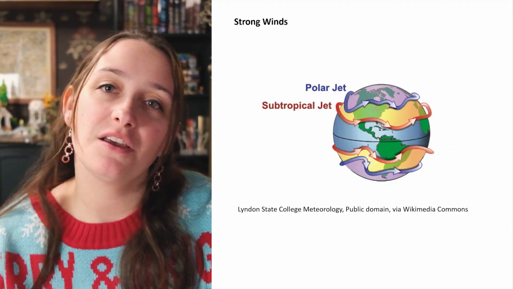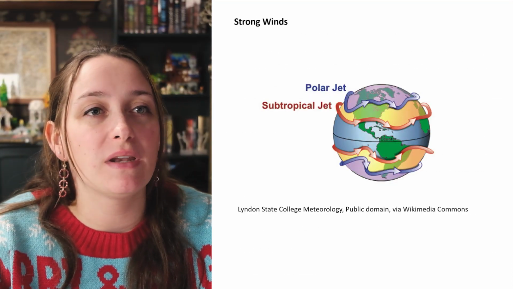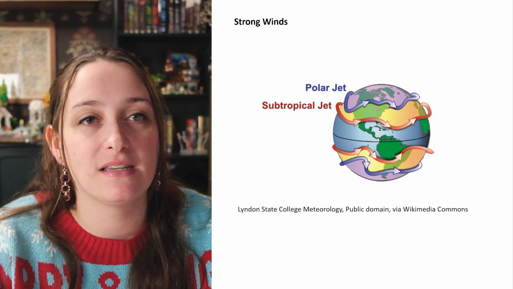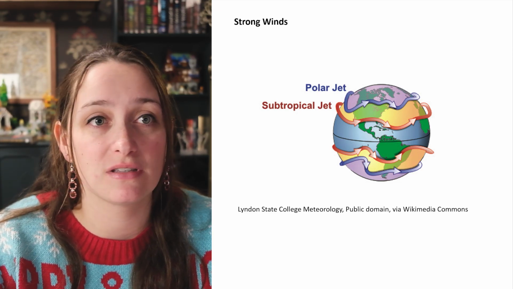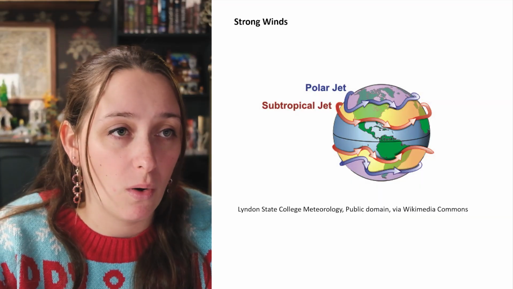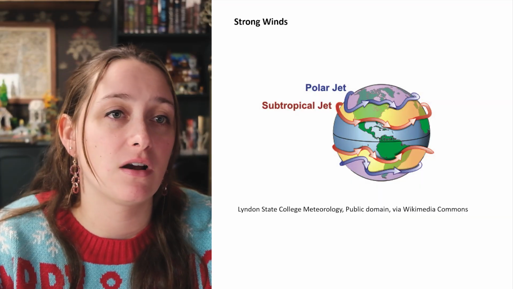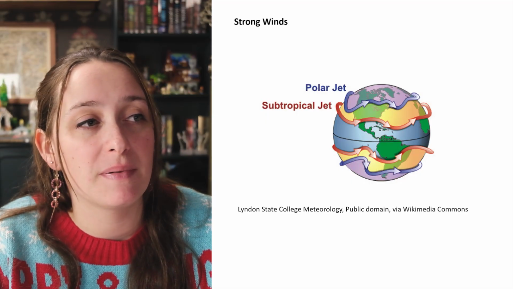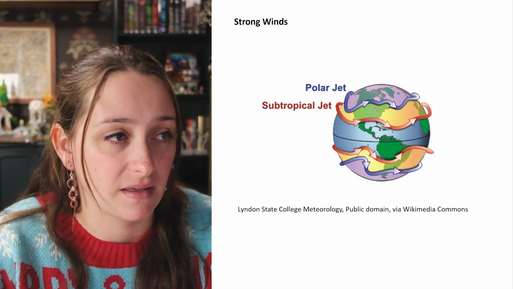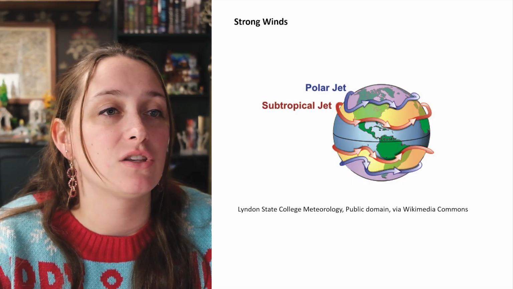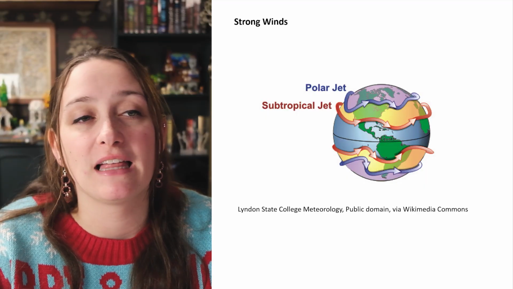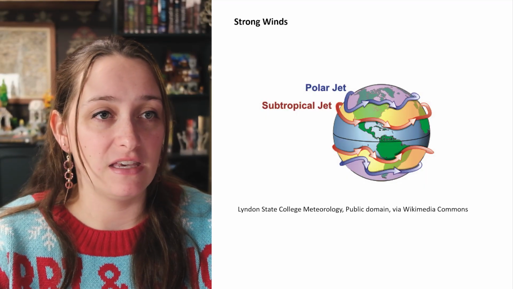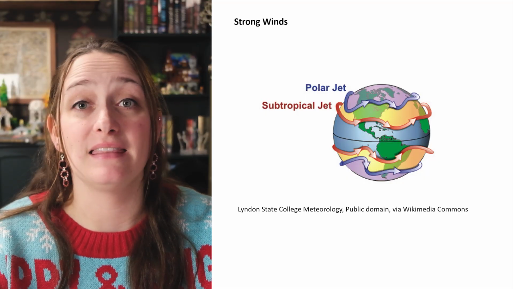So let's go back to strong winds. So when it comes to our prevailing winds, the strongest winds are going to be where we have the greatest temperature difference between two locations. So these are going to be our polar subtropic jet streams and our subpolar and subtropic wind belts. And you can see on this map here, we have our polar jet and our subtropic jet. So we're mainly going to be looking like 30 and 40 to 50 degrees north and south. And these are west to east blowing winds high in the atmosphere.